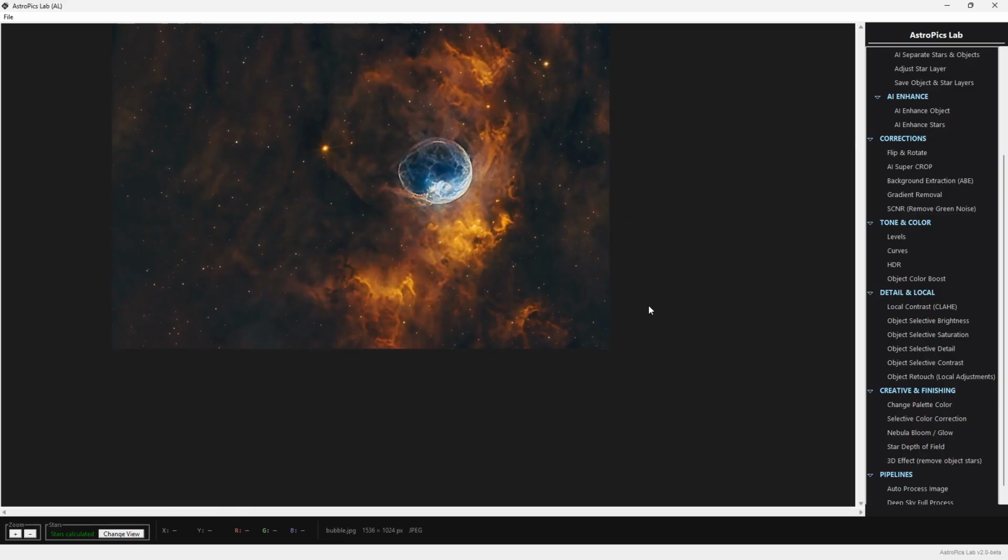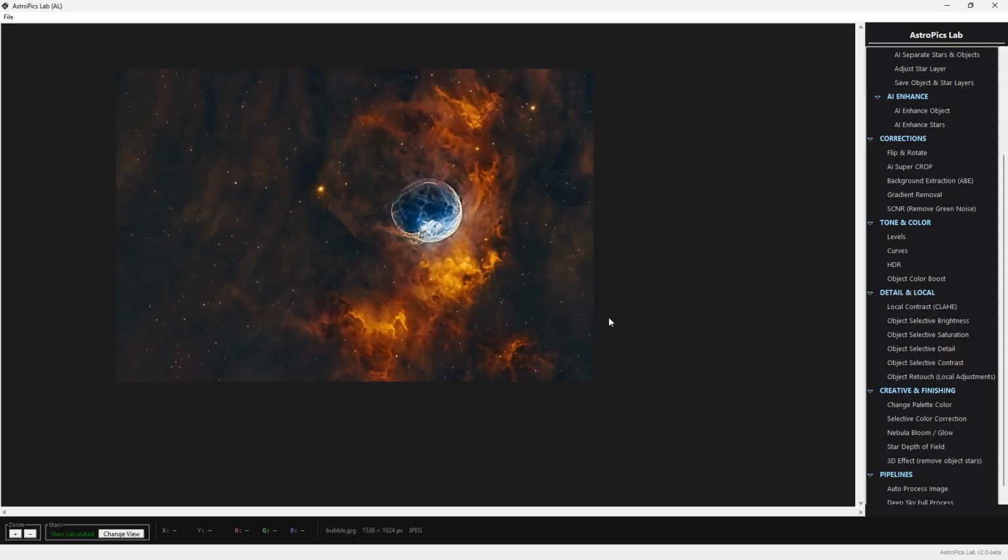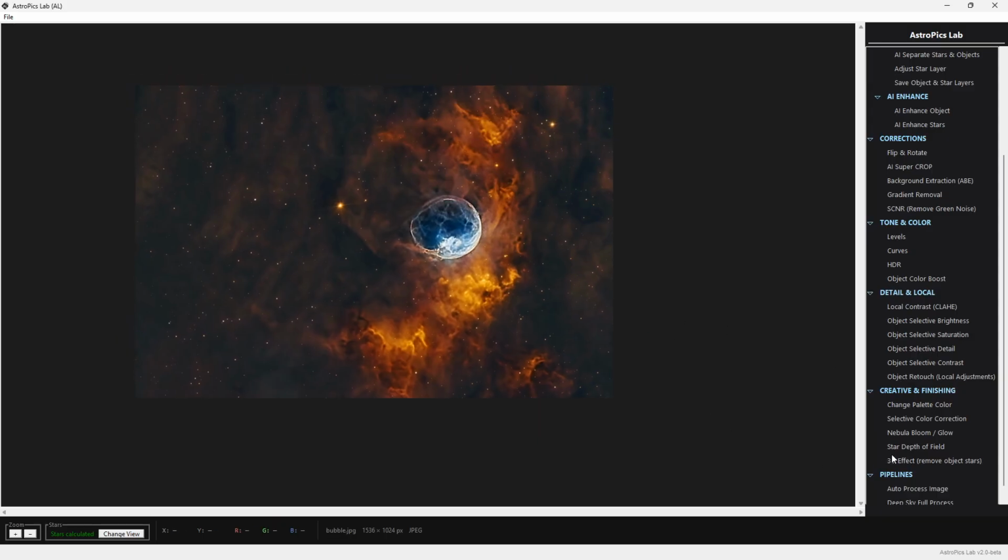For example, you can see that we applied everything here. If I do an undo, you can see that from here to here, which is very easy to do with this brush. Okay, so I think that it looks very cool. Okay, this is the object retouch. And then finally, we have added some